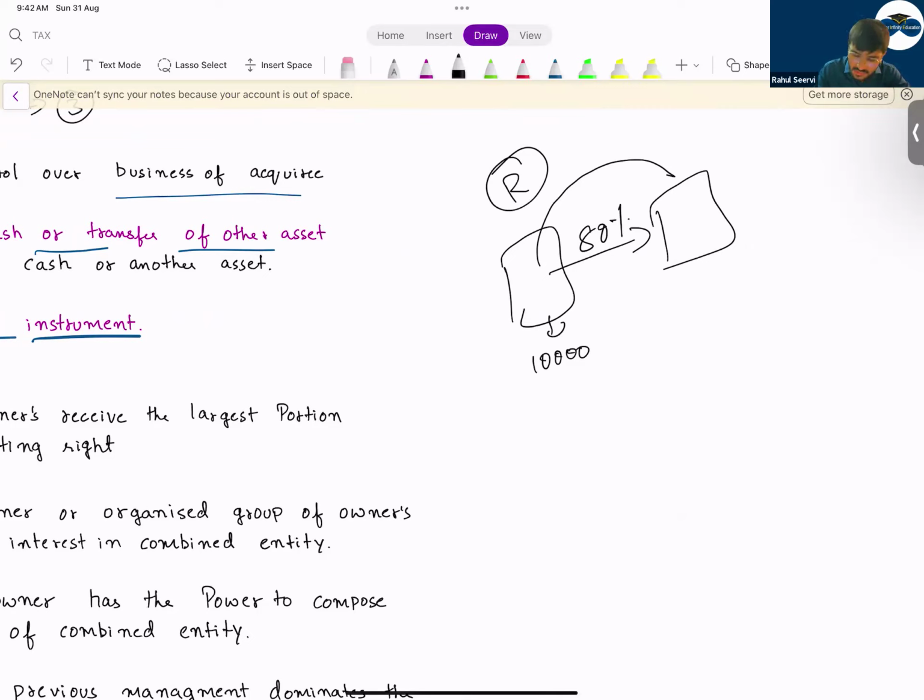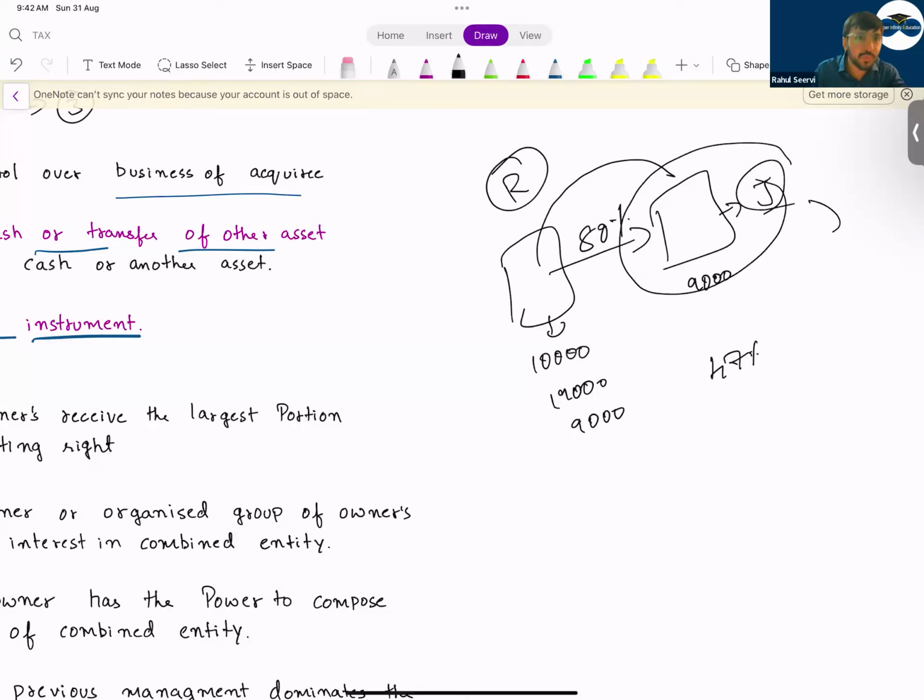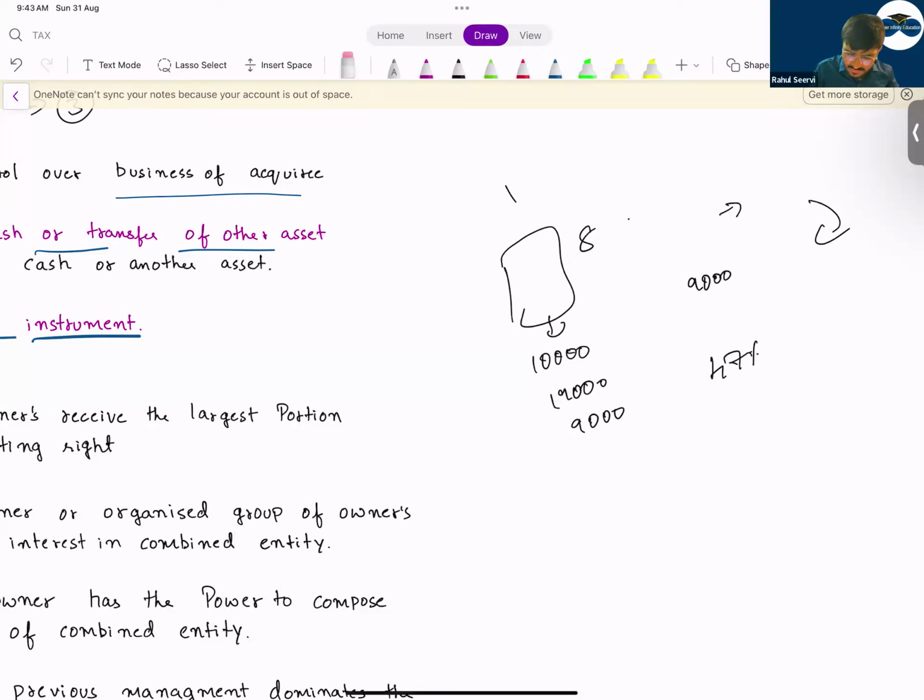To acquire the company, Reliance has given 9,000 shares. So in total, Reliance company has 19,000 shares, out of which 9,000 is with whom now? Geo company. If you do 9,000 divided by 19,000, it becomes 47 percent. So sometimes it can be more than 50%, meaning Geo company can have more than 50 percent shareholding. In that case, Geo will become the parent company. I have not seen this type of question, but in your exam the question will be very easy and straightforward.